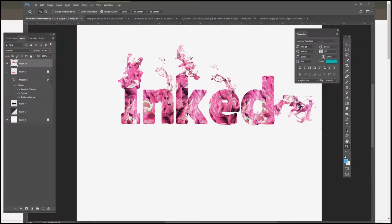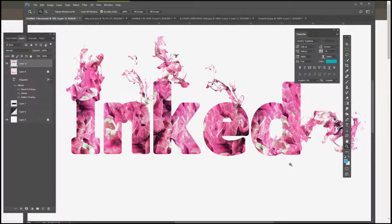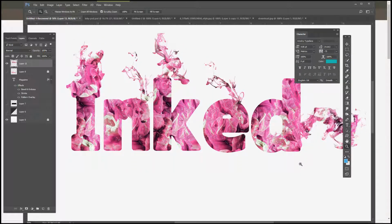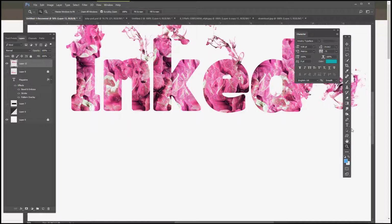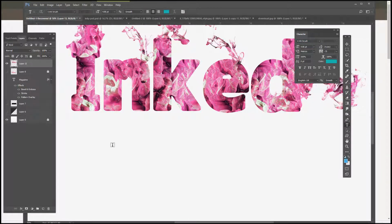And now you have a really cool text effect that you can use in your next project, whatever that you do as a designer. I have no clue what you do, but if Inked magazine,